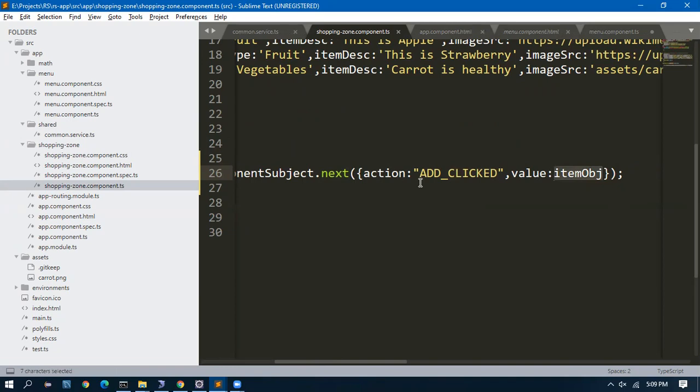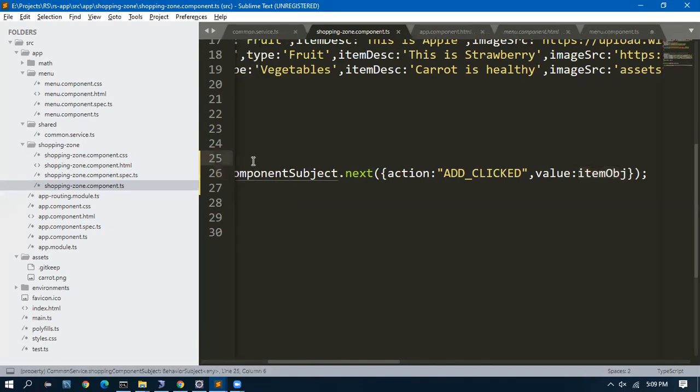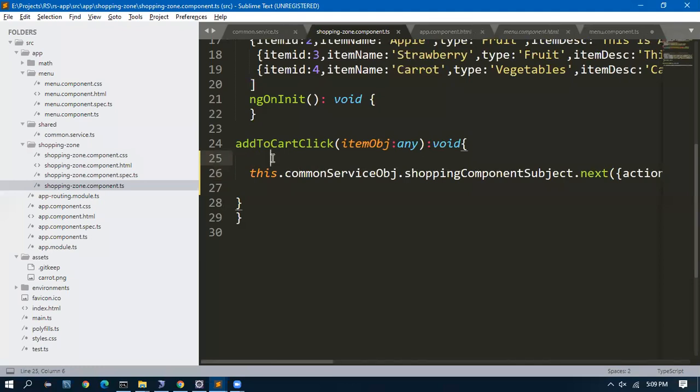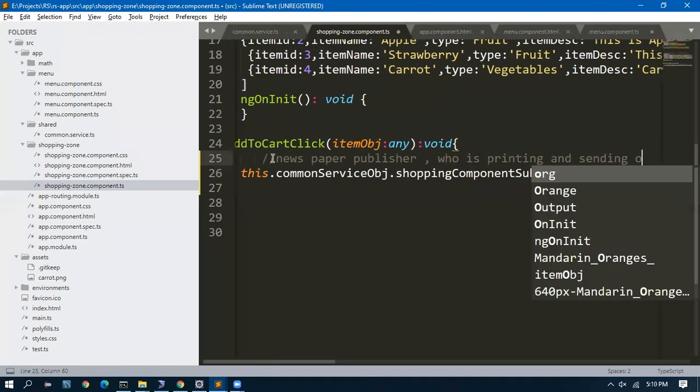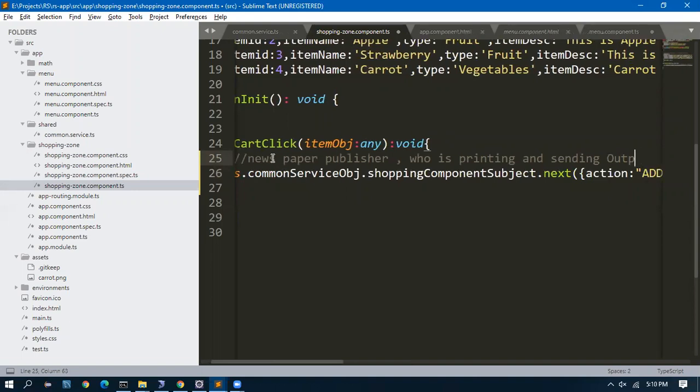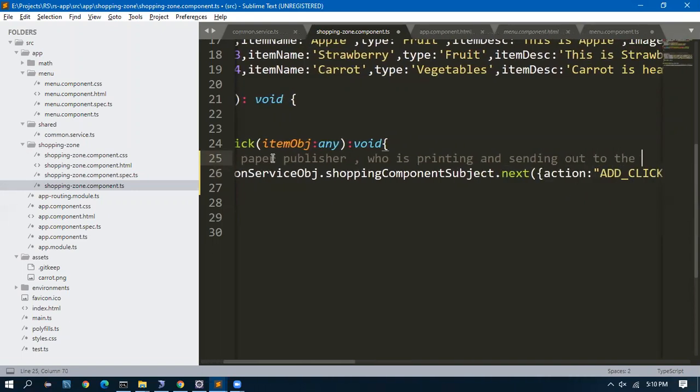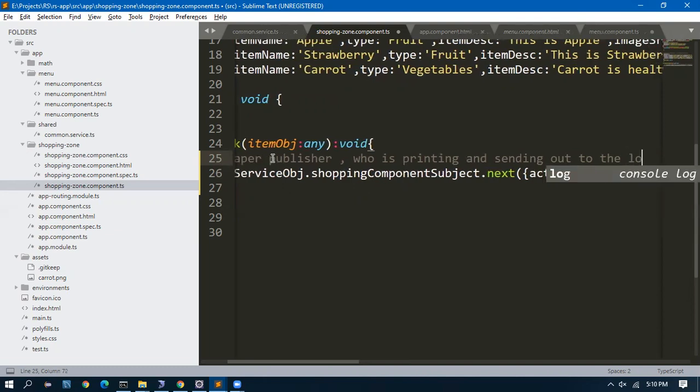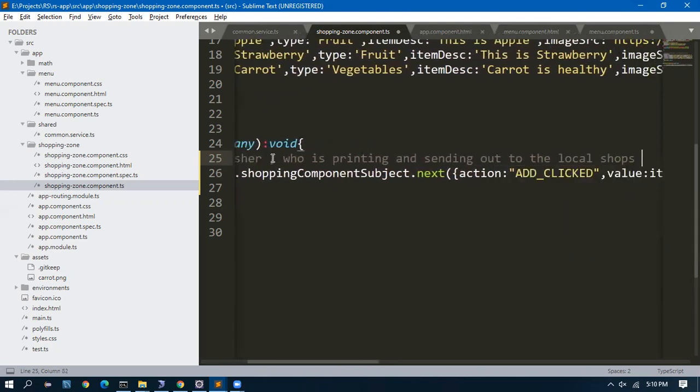Whoever wants can subscribe and use it. So this is like a newspaper publisher who is printing and sending out to the local shops.